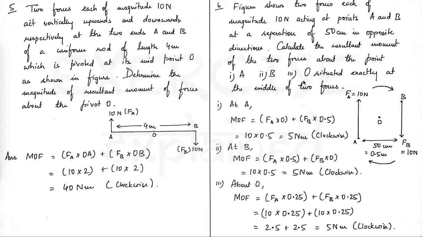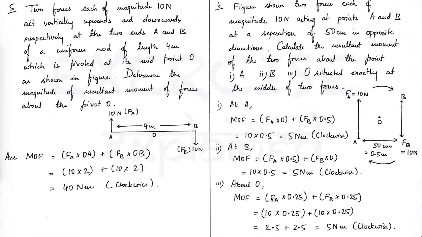So coming to the third part of the question, that is O situated exactly at the middle of the two forces. Now if it is situated exactly at the middle of the two forces, the distance between FA and O would be half of 50. So half of 50 means 25 centimeters. And 25 centimeters, if we convert it to meter, we get 25 divided by 100. So that gives me 0.25. So what we do here is this FA into perpendicular distance between O and FA. So that happens to be